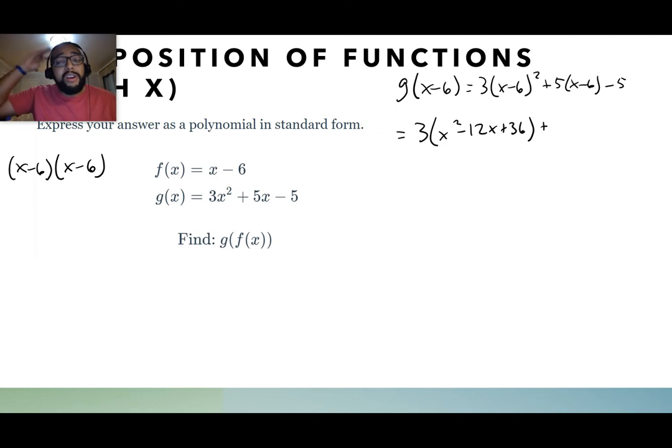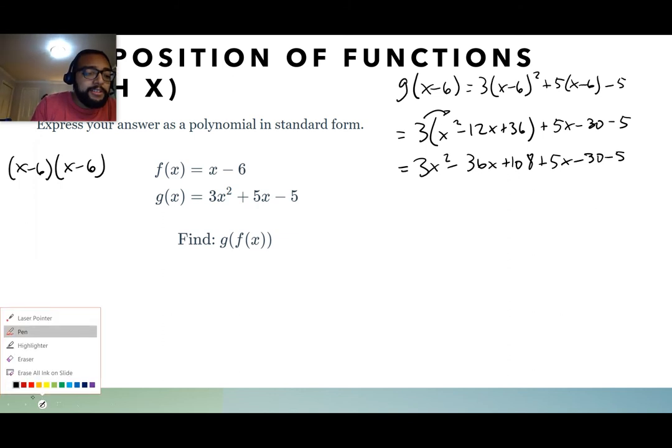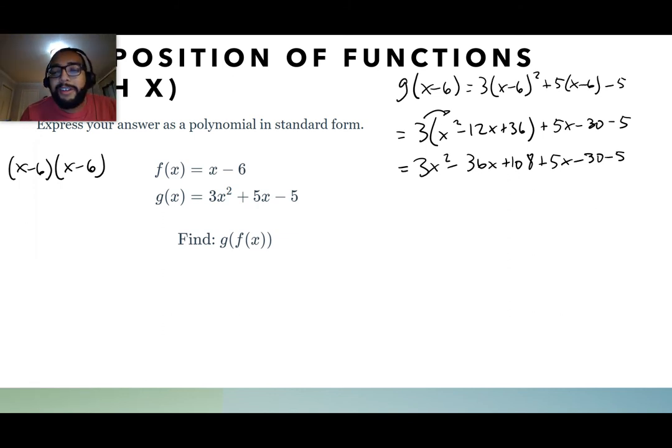With this here, you can go ahead and distribute that 5. You eventually have to do it. You can do it right now if you like. Minus 5. So now with this here, make sure to distribute that 3. 36x, not going to try that. That's not too bad, that's only 108. And now you got to be careful to combine like terms,